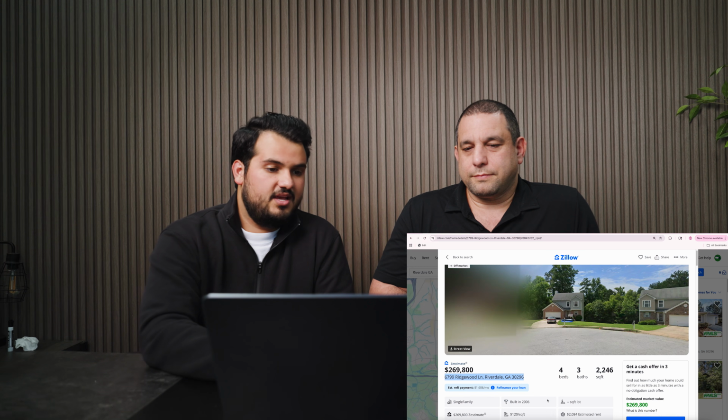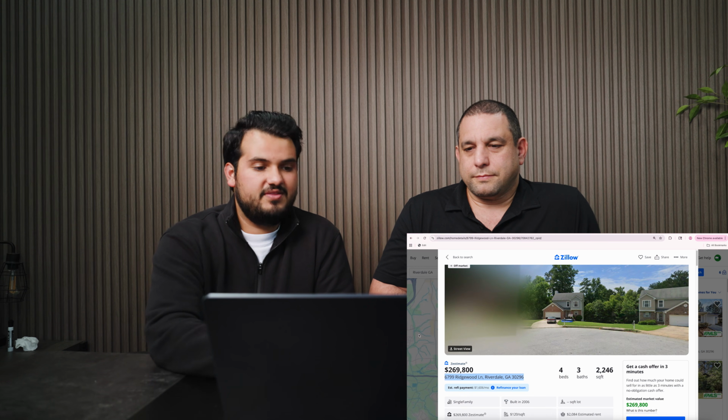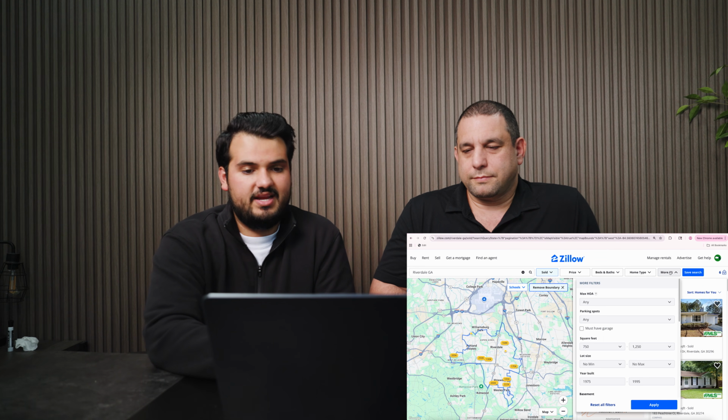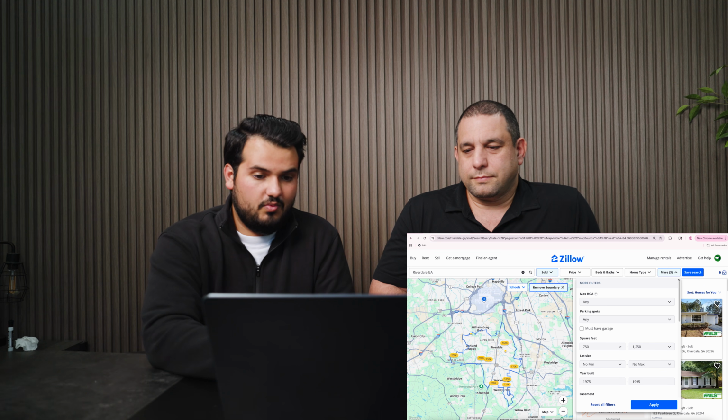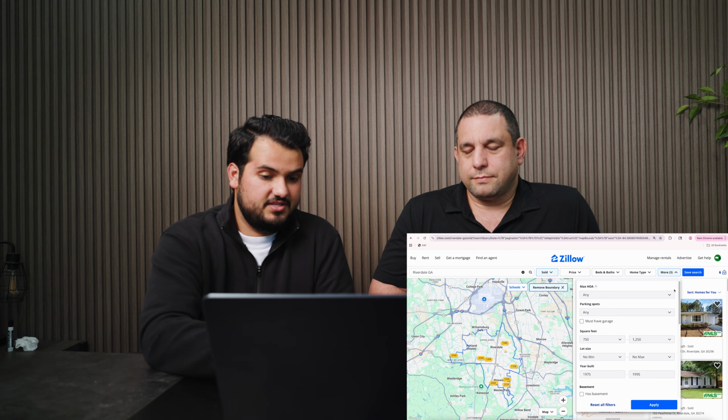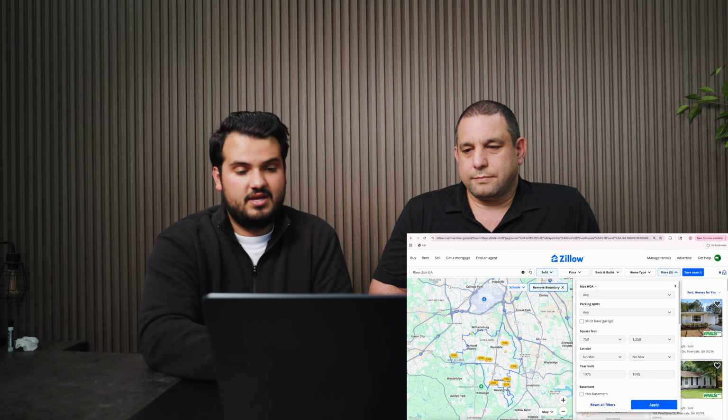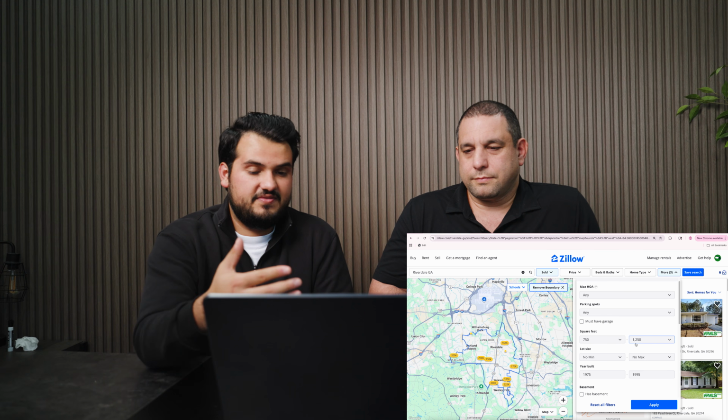Yeah. All right, so this house is 2,250 square feet approximately, and it's built in 2006. So what I'm going to do is click off the property, and Zillow has a More tab right here in the right-hand corner of the screen. And we're going to adjust the square footage and the year built that we were looking for. So this house is 2,250 square feet.